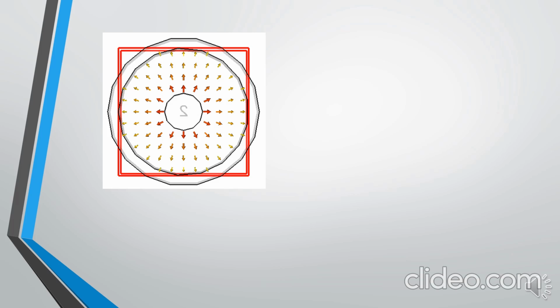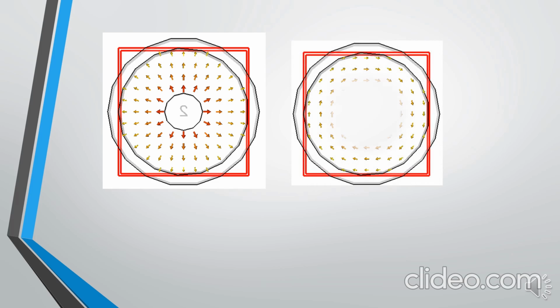Okay, now you can find out for the case of coaxial transmission line, as this center conductor is positively charged and this outer conductor is negatively charged, therefore this electric field will be from center conductor toward the outer conductor, and this will be normal to this surface. Electric field will be normal to this surface.